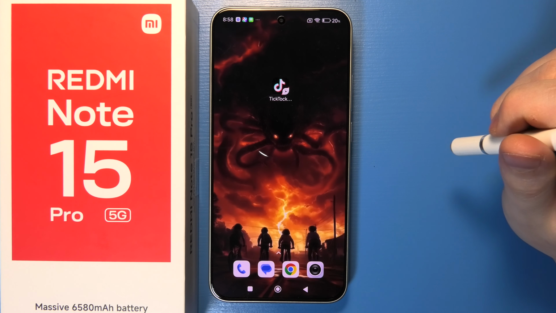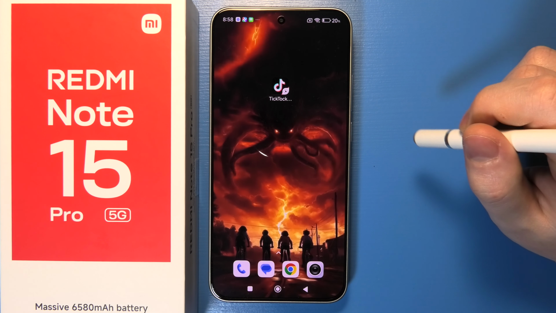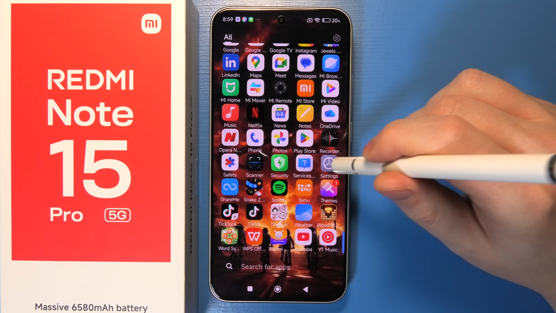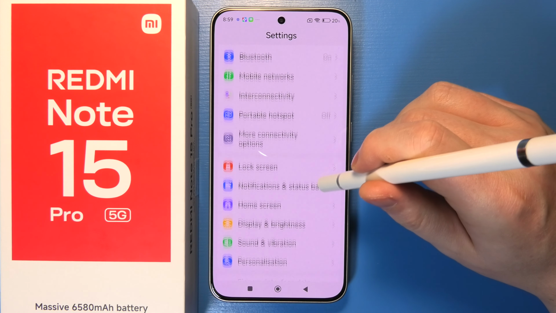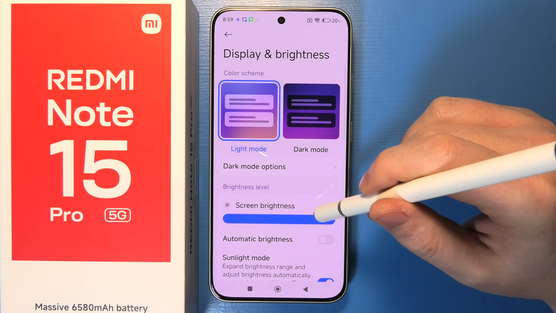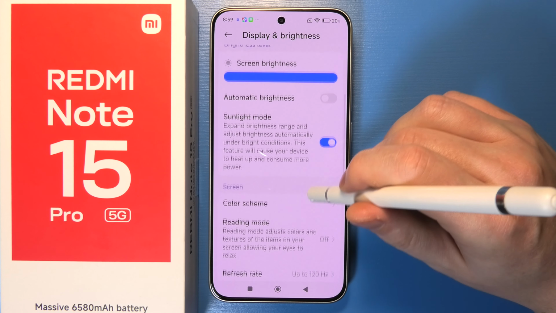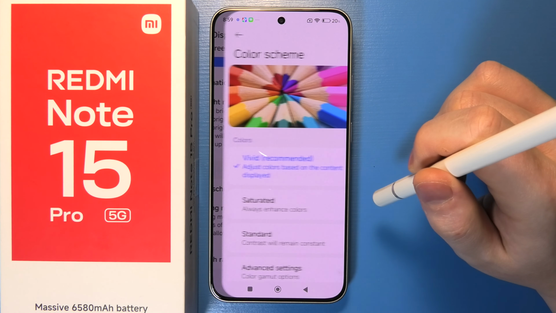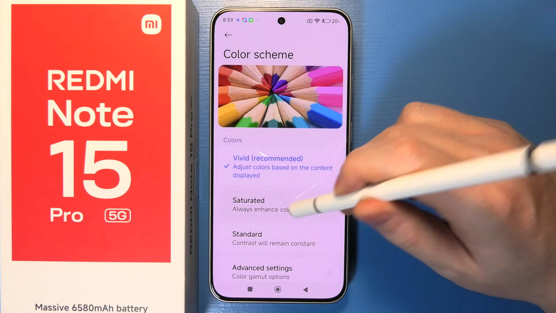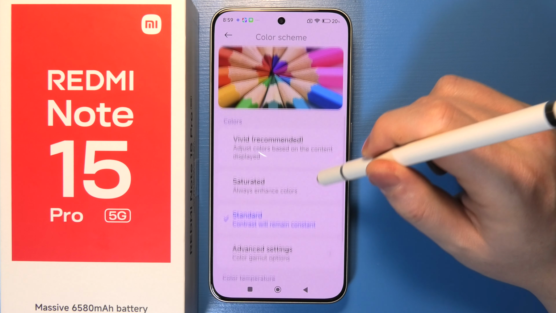To customize screen colors in Redmi Note 15 Pro 5G, first of all we'll need to open settings on our device. Next step is to scroll down, and here we want to find display and brightness. Select it and move down until we find the color scheme. Select it from the list, and then you can go for a vivid colors, saturated colors, standard colors, or go